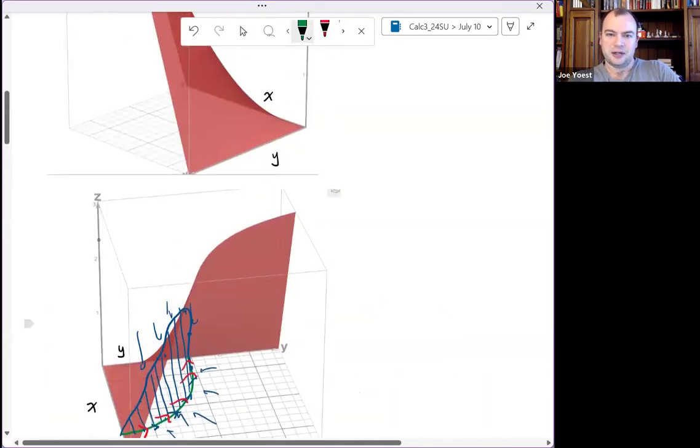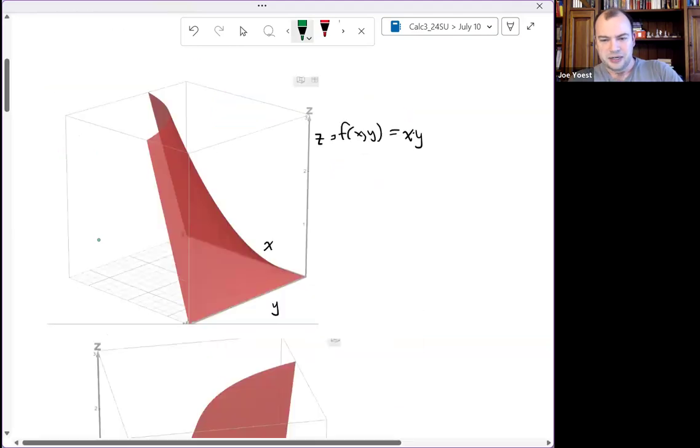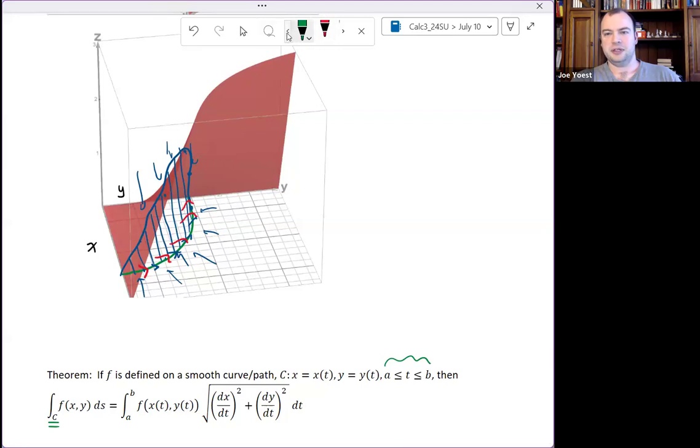Well, because up here, the base of my Riemann box is dx. But down here, when I'm splitting this curve and this region into Riemann boxes, I'm taking a chunk, but really the chunk that I'm taking is a chunk of arc length. So by ds, I mean a little chunk of arc length. And I remember that for some smooth curve, I can approximate its length,